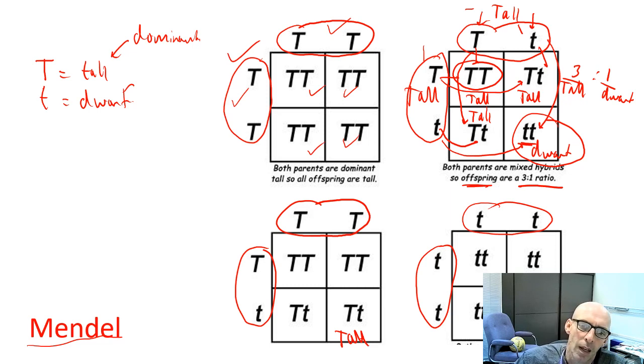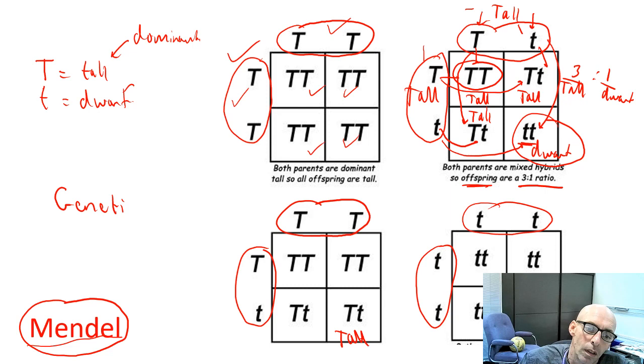The person who worked all this out, and the person who is known now as one of the most famous scientists ever, is Gregor Mendel. And it's called Mendelian genetics. He was an 18th century monk. He was a keen gardener, a scientist, but he wasn't really known as a scientist because he had this religious position. He did loads of experiments breeding between different plants, mainly pea plants. He's the one who worked out that if you mix that green and yellow, more of them turn out green, so green must be dominant. He's known as the father of genetics.